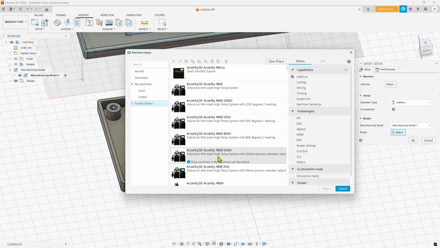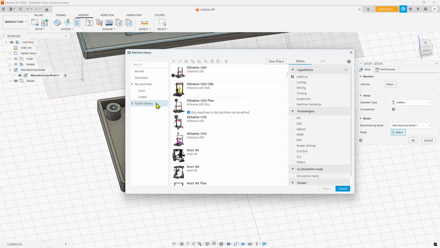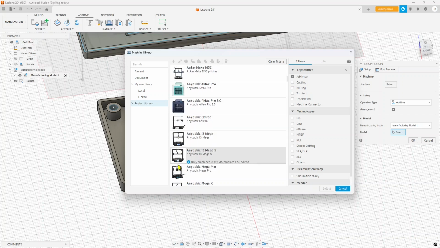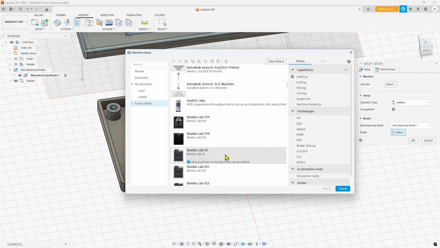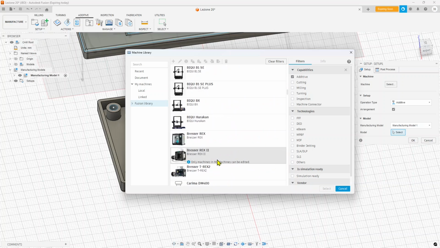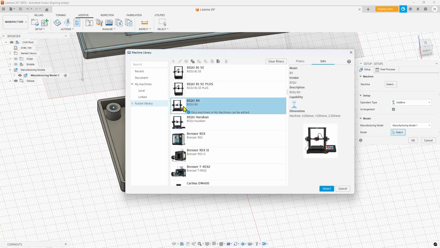So now we can pick one of these types of printers, choose whatever you want. Of course, they will have different sizes, different capabilities, so not every one is good for your object. I'm just going to pick, or you can go with the generic also here. Let's say I'm going to pick this one right here, hoping that it's not too small. So I'm going to select,